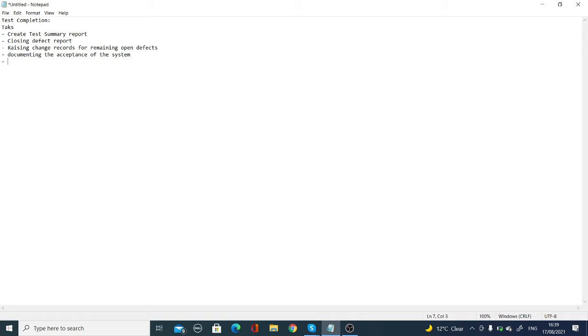Finalizing and archiving testware and test environment. So during the testing activity, you have used tools, you have tested a software or an application, you have configured, you have used some databases, some formats, everything you have used. You need to finalize and store them so you can pass them to the maintenance team.